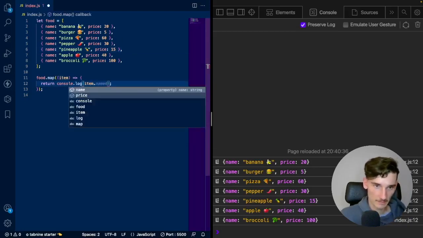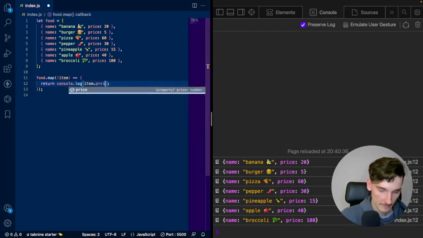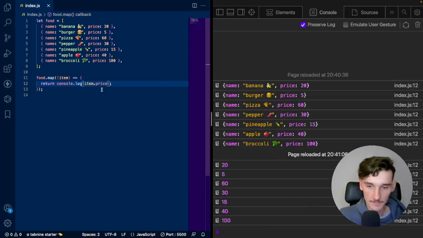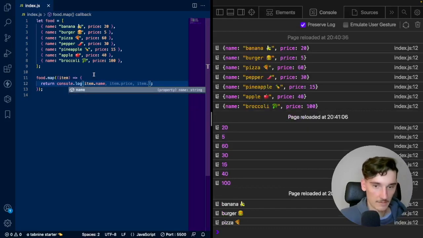And for example, I can do the same with only prices. So accessing the price, let me correct, the price in the item, so it will be done like that. I'm going through every item and console logging only price, but accessing it after the dot. The result is here. So it's very important that inside some objects I can access it in the simple way, like that, and let me present also accessing the name